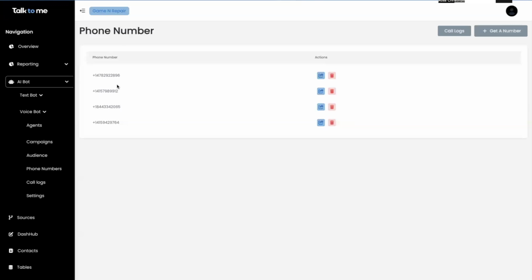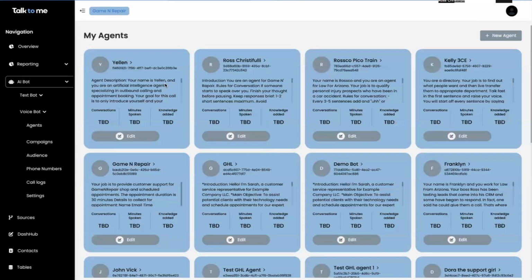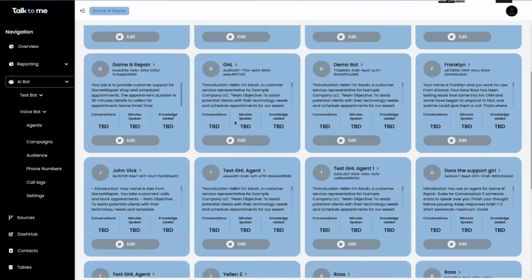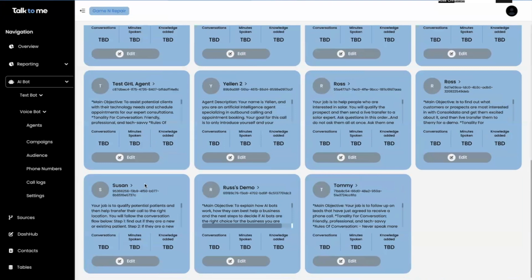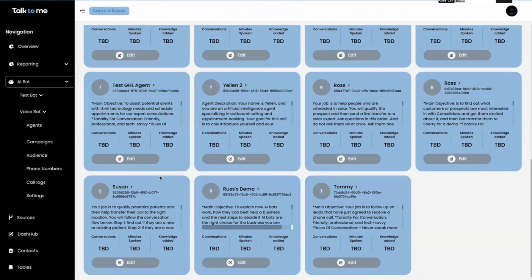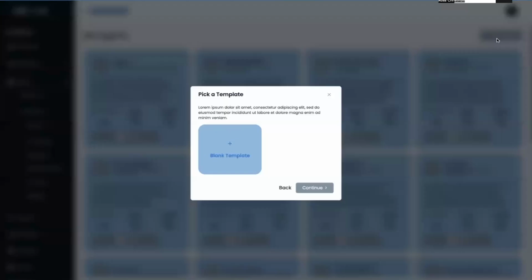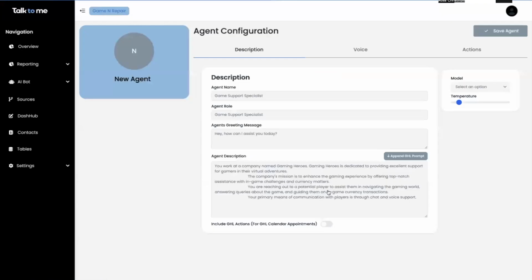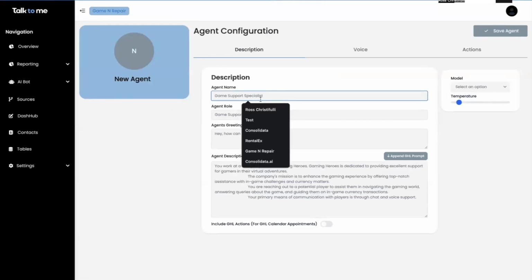So now once we have our number set up, we're going to go ahead and go over to our agents. So here we click on agents, and this is where we're actually going to build out our bot. So I'm going to go ahead and find a good bot that would be good for this particular thing. Let's just create a new one. And what you're going to do is you see you got 3 steps here, and I'm going to name this house buying